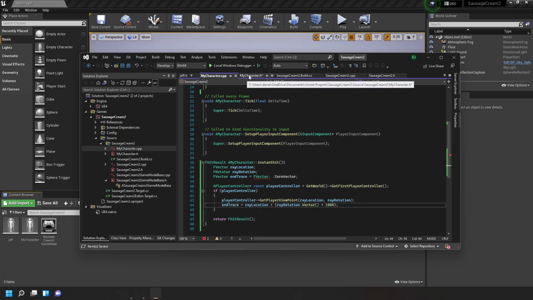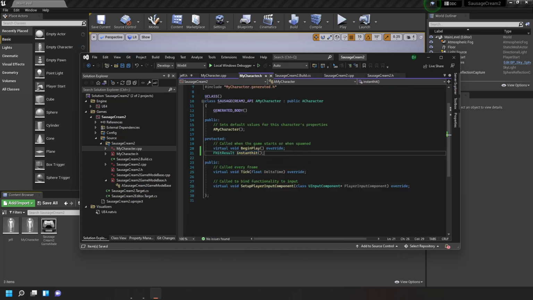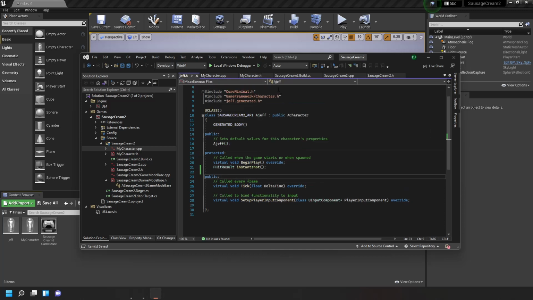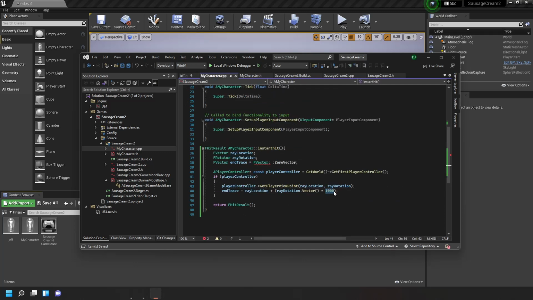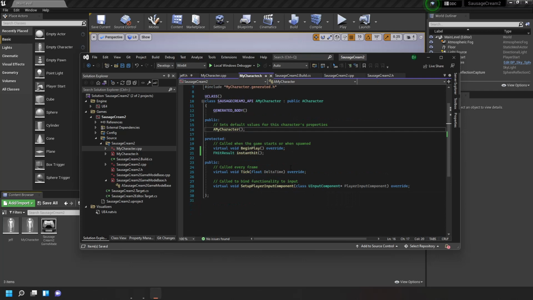And now I need to make a new variable, but I want it to be public. Right, so I will explain it now. This number here, this 1000, we don't want to just have 1000 there, we want to be able to change it quite quickly. Rather than every time we want to change a range, having to go in here and change it, instead we'll change that into a specific variable, and then we can just change it here to the number we want.